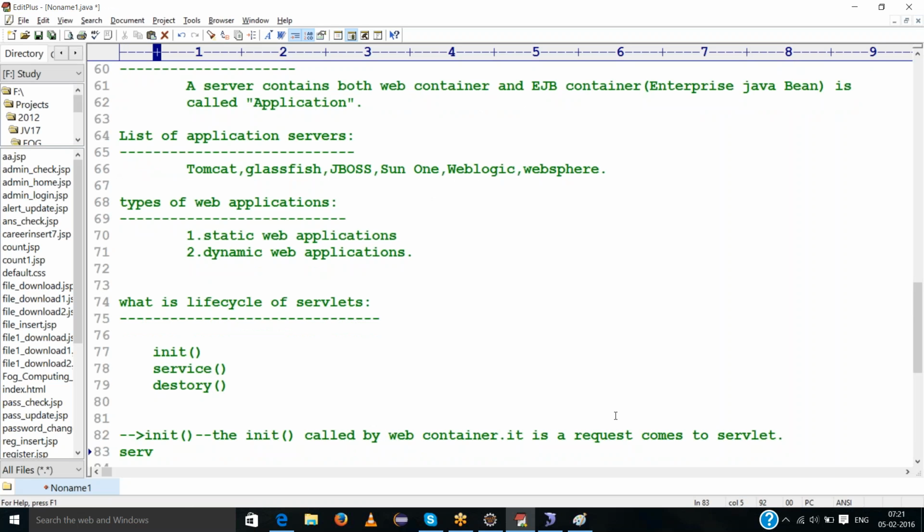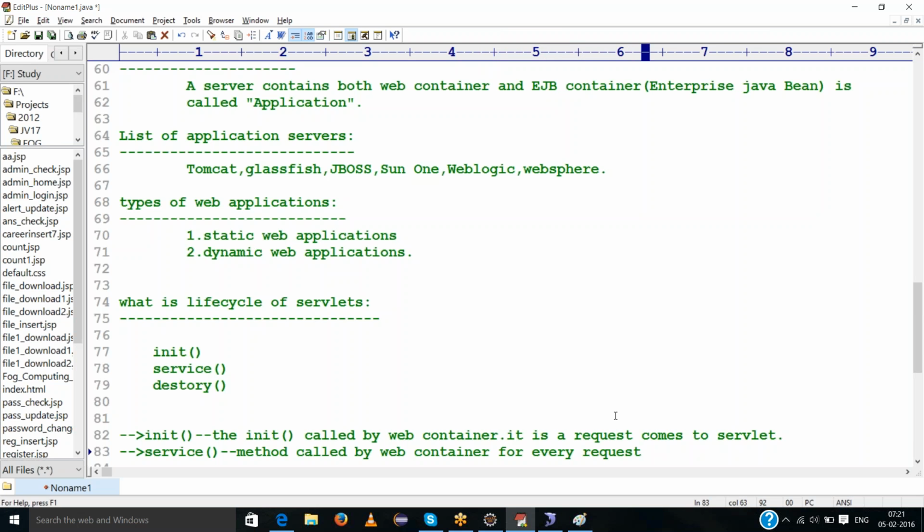Next one is the service method. That method is called by the web container for every request.